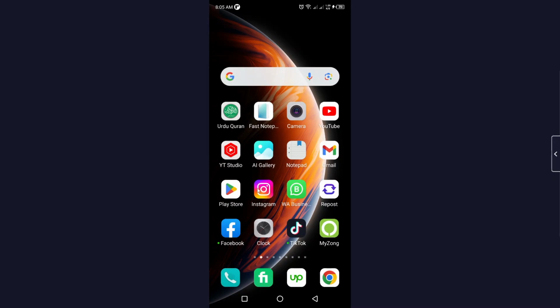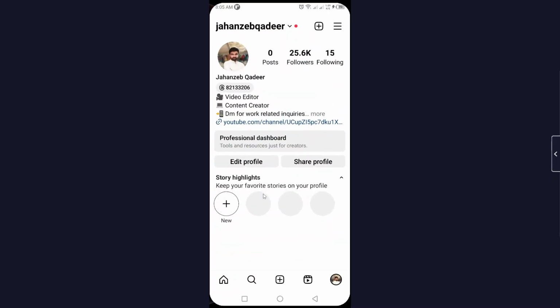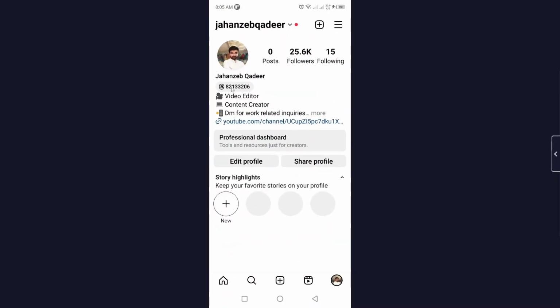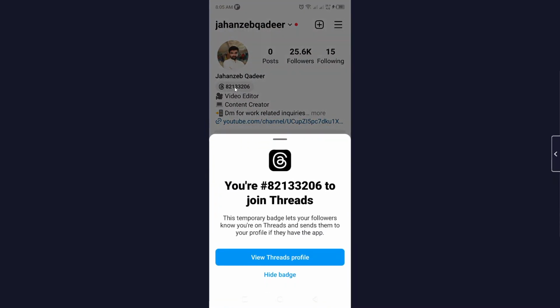So the first step you simply need to do is to open the Instagram application, and here you can see my thread badge. You simply need to click on that, and here you can see this temporary badge lets your followers know you are on Threads and sends them to your profile if they have the app. So this is the first purpose of this thread badge, and if you want to hide it, you simply need to